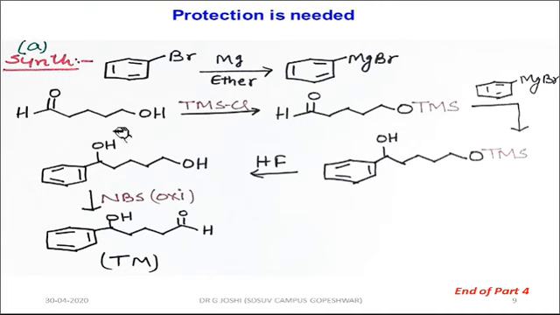If you follow path A for synthesis, which we discussed in the last slide, which was the favorable disconnection route for this example, first we'll convert this benzyl halide or benzyl bromide into the corresponding Grignard reagent. Then this Grignard reagent has again equal opportunity to react with this alcoholic group as well as the ketonic group. Therefore, we need to protect the undesired functional group, that is hydroxy. We need to protect this, so we'll use TMSCl, trimethylsilyl chloride.